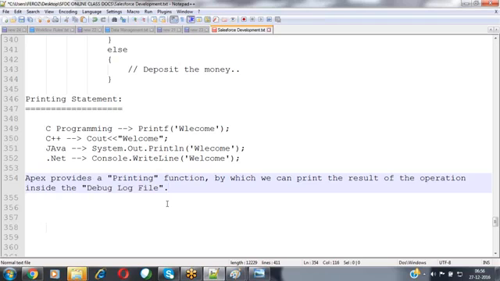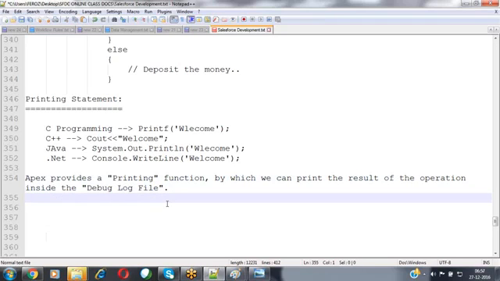When coming to the debug log file, for each and every request, for each and every execution, Salesforce generates a debug log file for you. This debug log file describes how your program has been executed internally inside the Force.com platform.